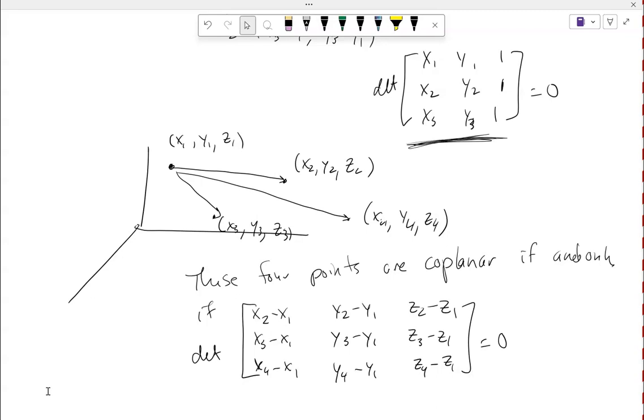Again, use one of your points as the initial point, and the other 3 as your terminal points. So you're creating 3 vectors, right? So notice that the minus x1, minus y1, minus z1 is fixed all the way through all 3 rows. The only things we're changing are the 2, the 3, and the 4